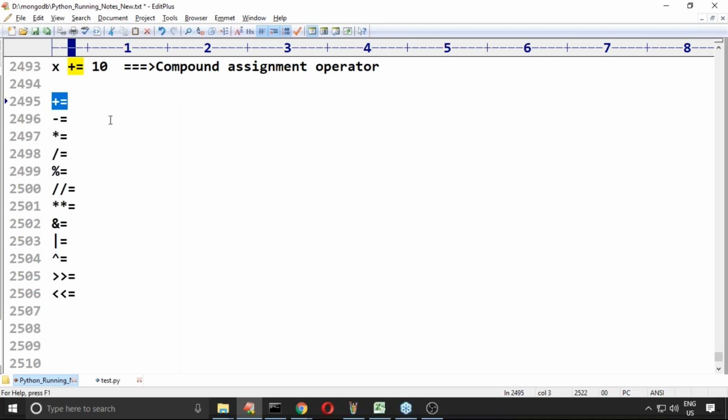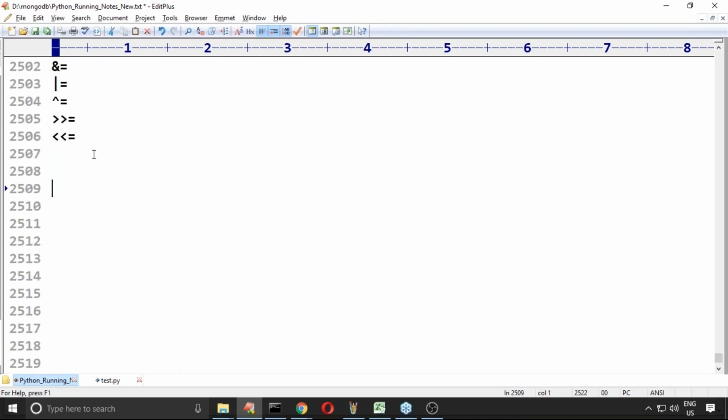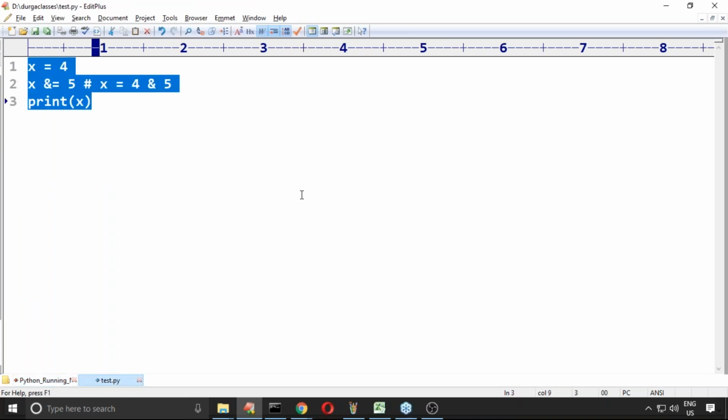Okay, there is one more thing. x is equal to 10, x plus plus, print of x. Anyone, can you please tell what is the answer we are going to get now? Please confirm. The people who are coming from other programming languages, I hope you are aware. x plus plus means increment operator. x minus minus means decrement operator. The people who know other programming languages, you know increment and decrement operators.